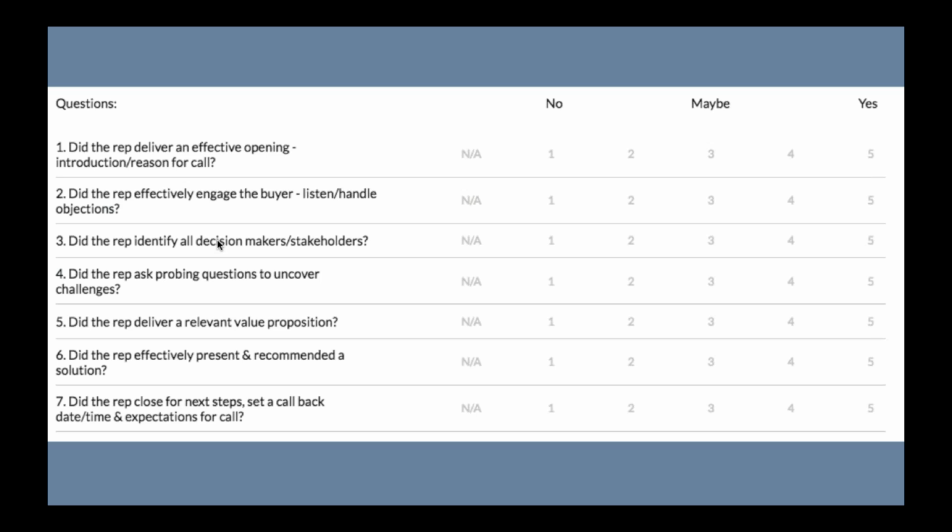On the right-hand side of the questions is a 5-point scale. So this is what I was referring to earlier when I was saying, maybe a rep thinks they're a 5 out of 5, when in reality, they would be on the other end of the spectrum. So this 5-point scale is really helpful in terms of identifying where those gaps in skill perception do exist.